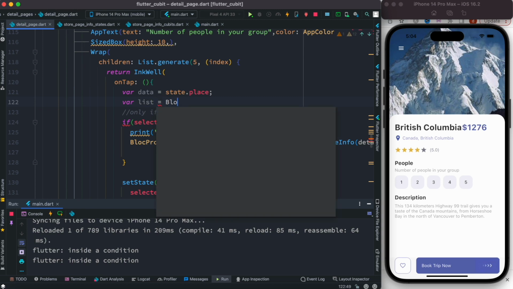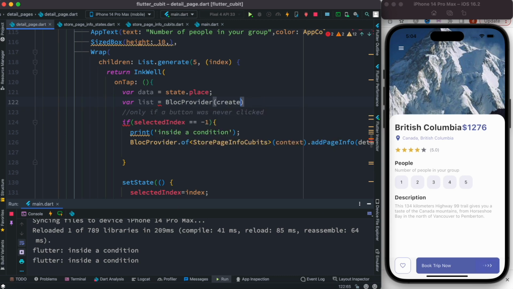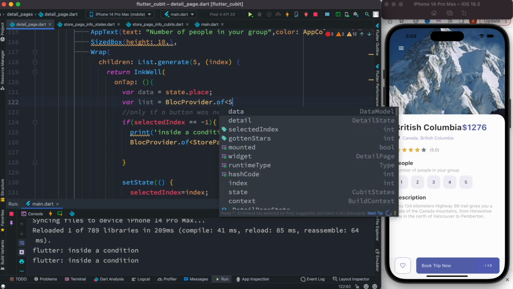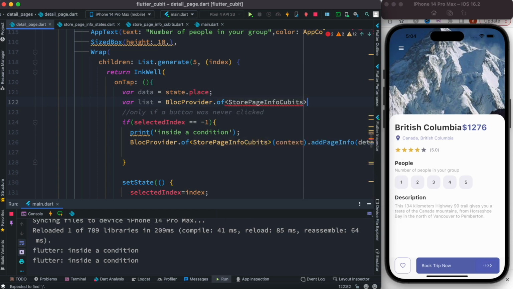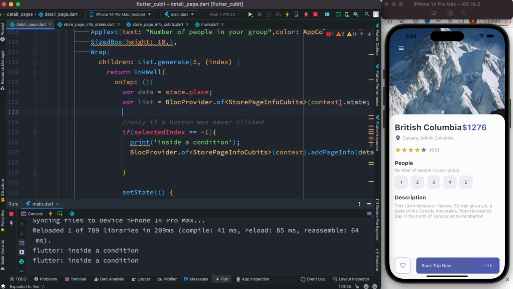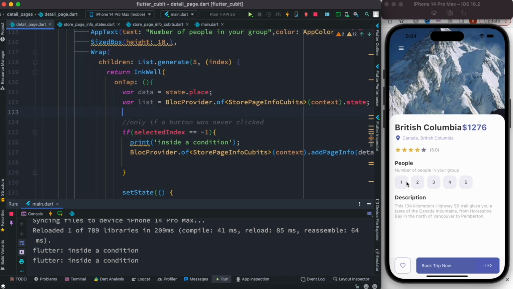Okay, all right. And one of the other things we want to do over here, var list, and I'm going to call BlocProvider, and then we're not going to create anything, we're going to read the bloc. So here we'd say store qubits, this one, and then here we'll have context.state. All right, so what's happening is whatever is in the state right now, we are getting all the information here in the UI, not there. Okay, because each time we click on this, the onTap event gets triggered,